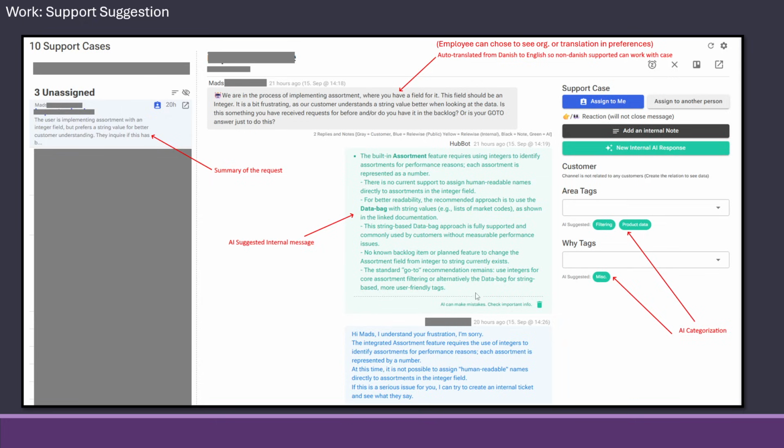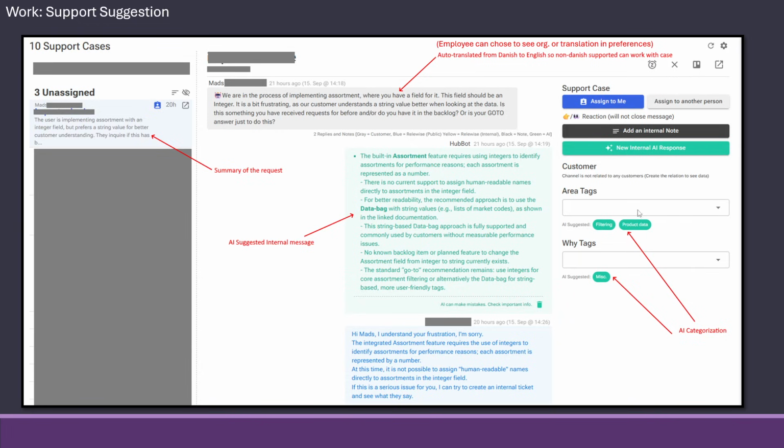It then shows a suggested internal message on what the answer to this question could be. And as we can see here, the supporter actually used it a bit in here to answer back, more or less copy pasting. Sometimes we want to make this actually answer the customer directly.